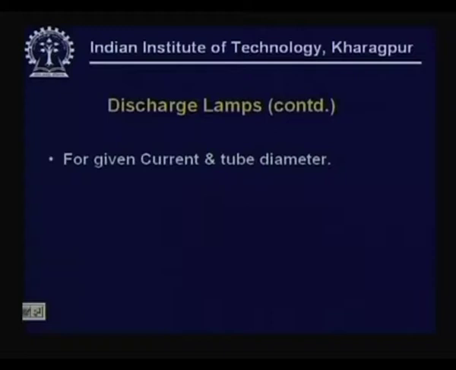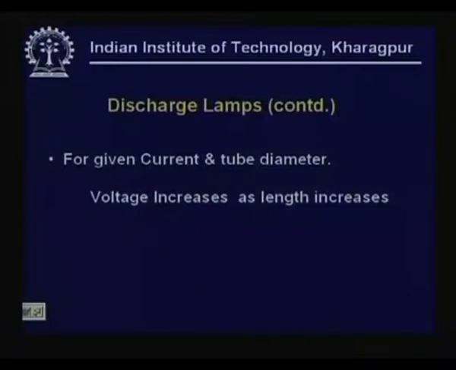Continuing with the fluorescent lamps, the radiation depends on the current level. In fact, we said the luminous flux depends on the arc current, and oftentimes the specification is what we are going to address to begin with. The people who have been using these lamps are not the common man, but the personnel working with the maintenance systems and architects and engineers are aware of a specification which is mentioned in terms of